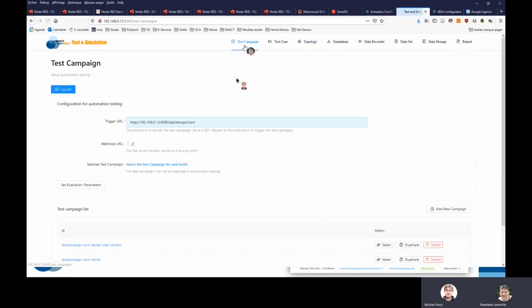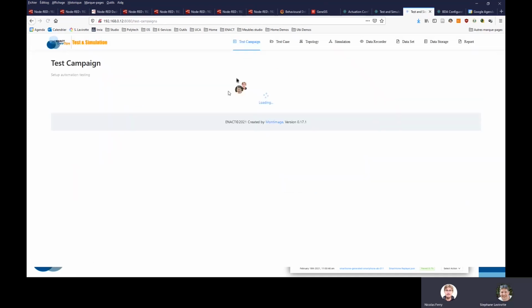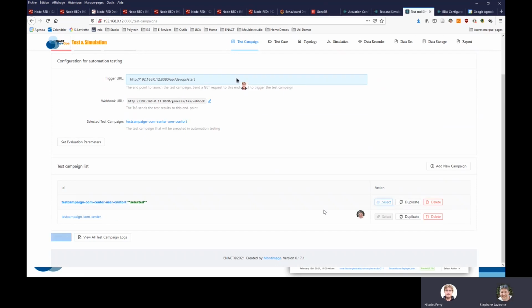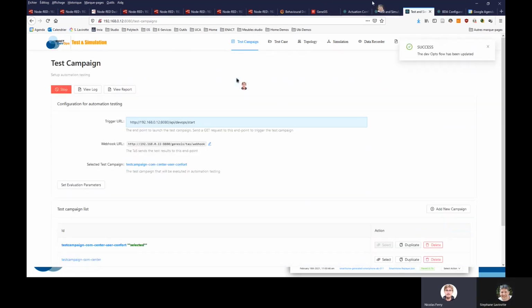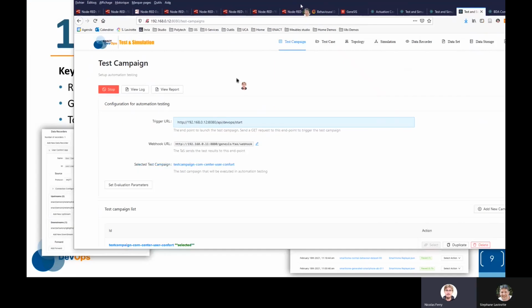So let's have a look now at the result of our test campaign, so we can view the report. We see that already 2 test cases have passed and are marked as green, while another one is still ongoing. Probably it will be completed in a few seconds or minutes. So the test of the app is considered valid, and now we can move to the next step in